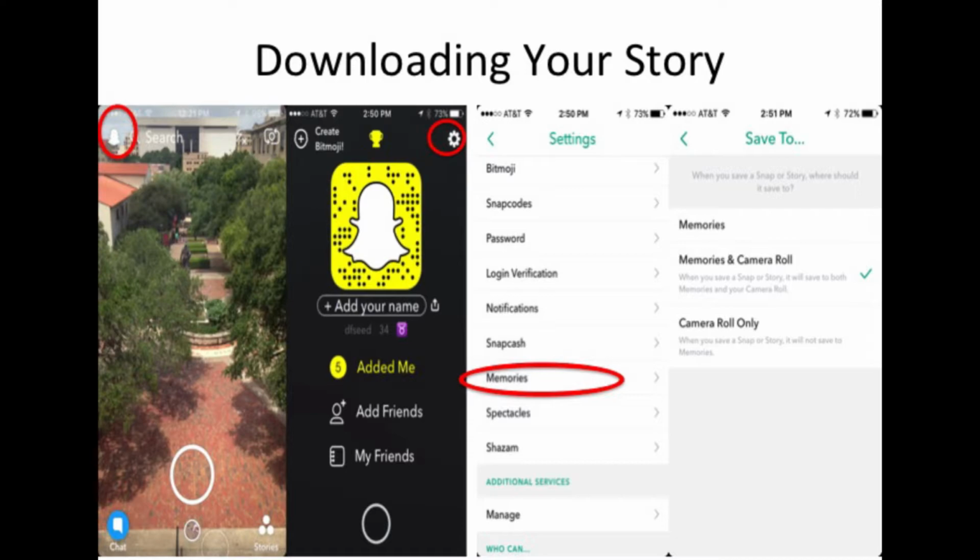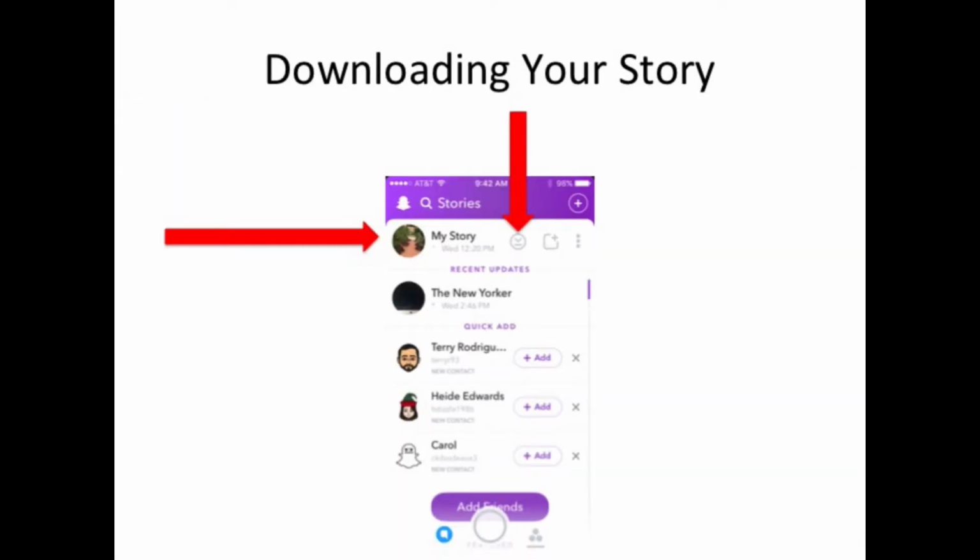Okay, so now that we've changed those settings, what you want to do is touch the back buttons and then go back to the camera page, and you can get there either by swiping up from that black page or clicking the circle at the bottom of the page there. What you're going to do now that you're in the camera page is swipe left to bring you to your